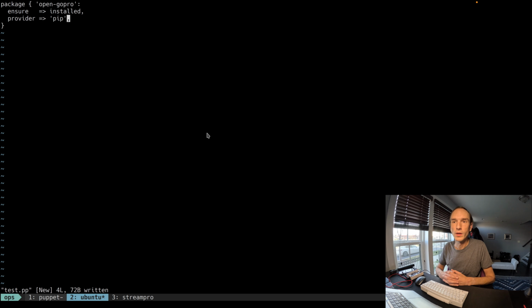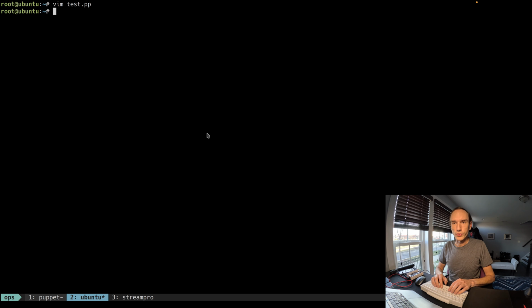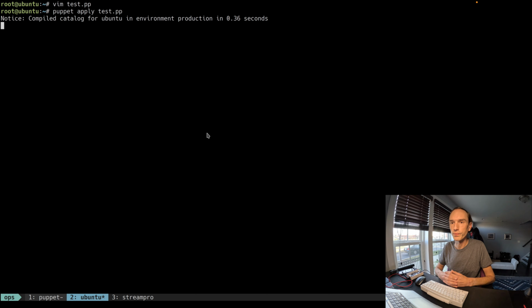And we can evaluate that using Puppet apply. There, in just a few seconds, Puppet has used pip to install the OpenGoPro package for us.